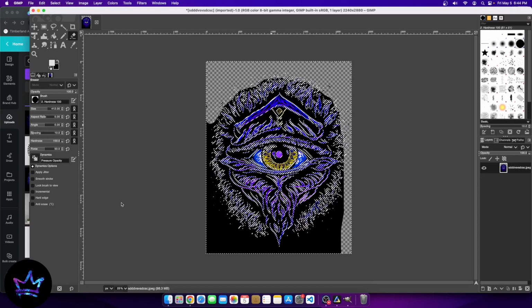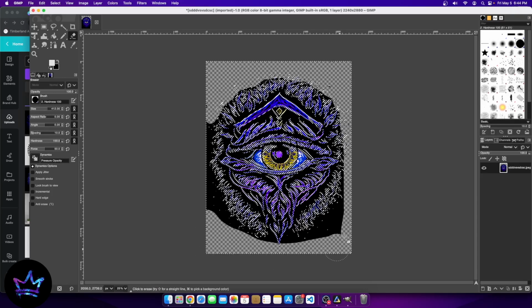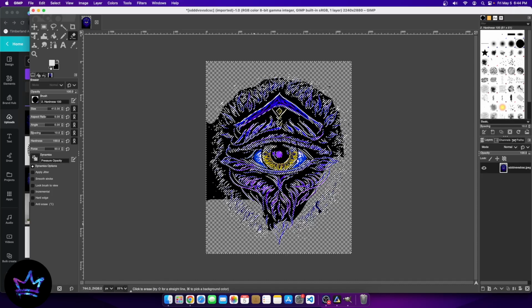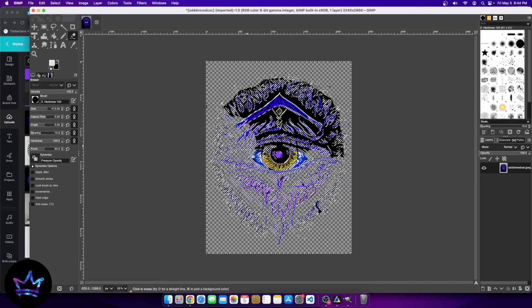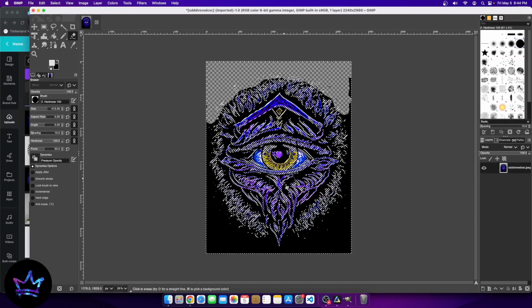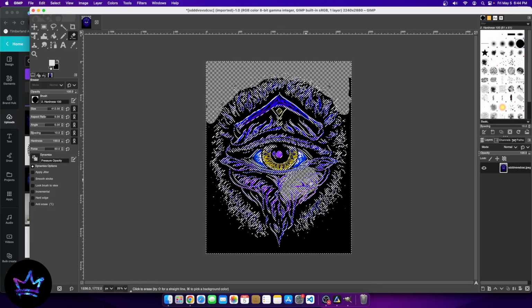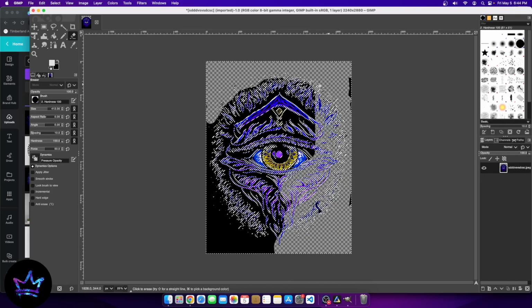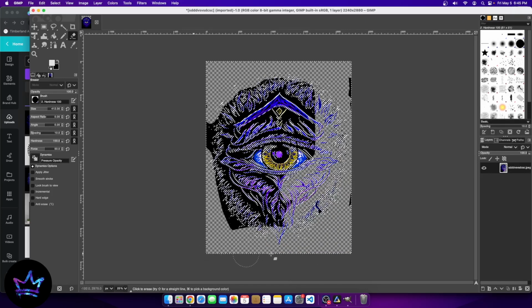So let me go ahead and increase the brush size a little more. Something that I noticed for certain images where the brush size is a little bit bigger, it could slow down the actual computer, which is pretty insane, but hey, it's all good. Just depends on how big the brush size is. And so I'll take this. I'm going to do it like this. I'm going to remove everything except for the area around the eye. So we're going to remove it like this,